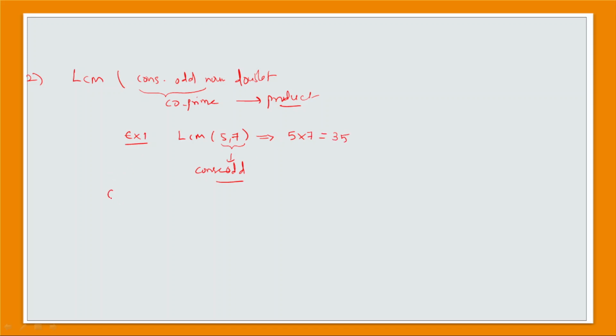That was example 1. Let us go with one more example. Example 2: LCM of 13 comma 15. Here 13 comma 15 are also consecutive odd numbers, and the highest common factor for these numbers is also 1. Simply the LCM will be the product of these two numbers, 13 into 15, that will be 195. So this is method 3. I hope we are clear with